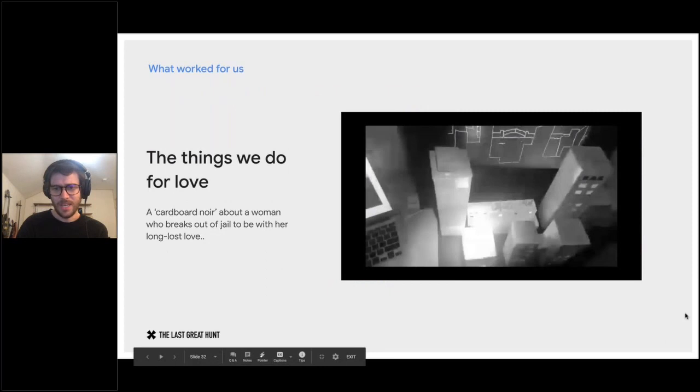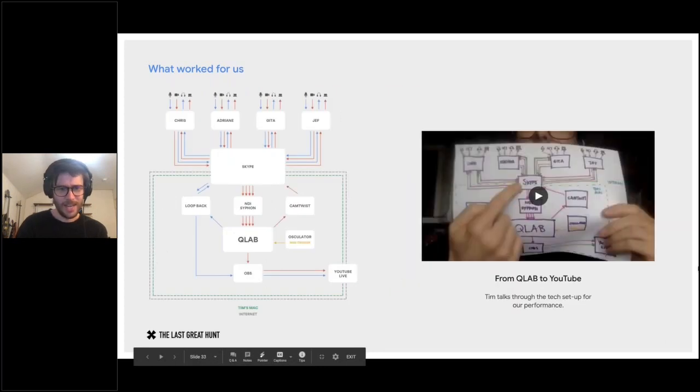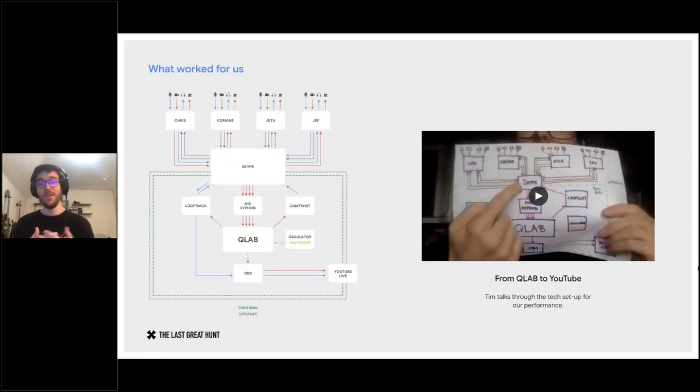And here is their tech stack, which is a really good example of something that worked for them. So they were already using QLab. If you're an existing arts organization, what we're seeing is QLab used with near ubiquity for lighting and sound control. And so they actually figured out a way for QLab to sit in between Skype, which is where all their performers were, and OBS, which is how they stream it to YouTube, as we mentioned. And QLab was handling the different transitions between the different Skype feeds.